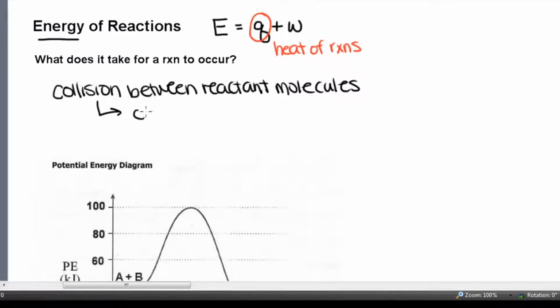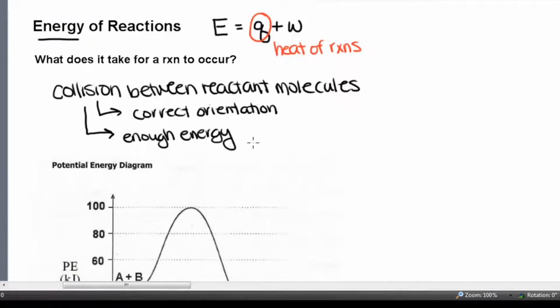The collision has to have the correct orientation. In other words, if we want to create a bond between substance A and substance C, substance A and substance C have to hit each other. Like A hitting B is not going to create the reaction that we want or the bond that we want to form between A and C. So these molecules have to hit each other with the correct orientation in order to form the new bonds of the products. And they have to collide with enough energy